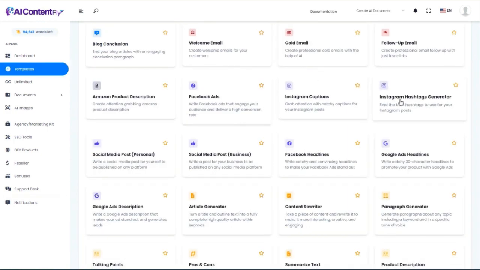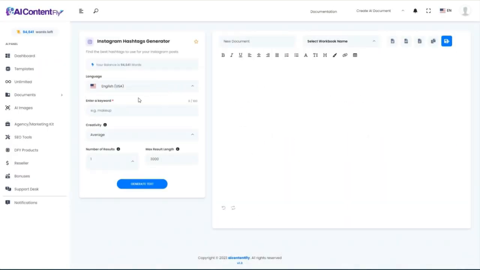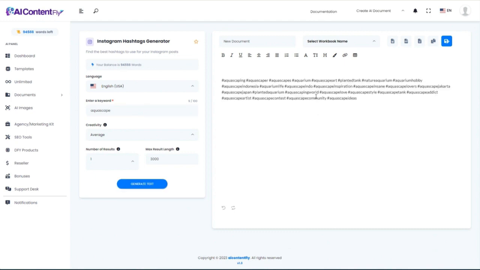Moving on, to go along with our caption, let's create some hashtags. And for this one, all you have to do is enter a keyword. I'm just going to enter the word aquascape, and that's it, just to see what the AI comes up with. And actually, it came up with a whole lot of hashtags. Now, of course, you don't have to use all of these, but aquascaping, aquascaper, aquascapes, aquarium, aquascape art, planted tank,